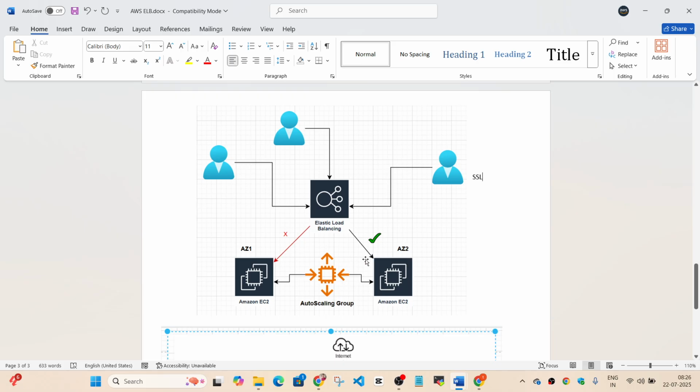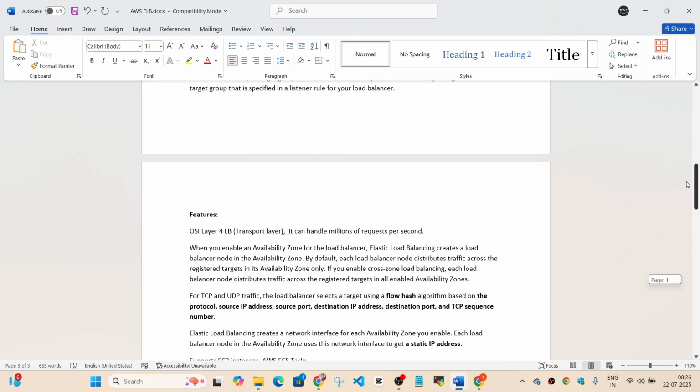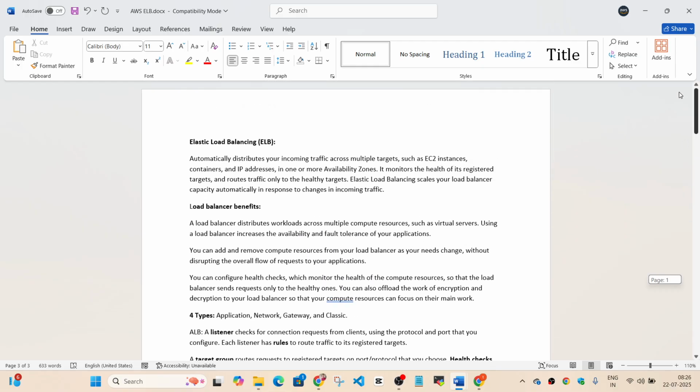Okay, so if you are using an auto scaling group and you have multiple instances being created and terminated, in that case, all you have to take care of is your application business logic. You don't have to focus on these things. That's why it is a very useful feature.